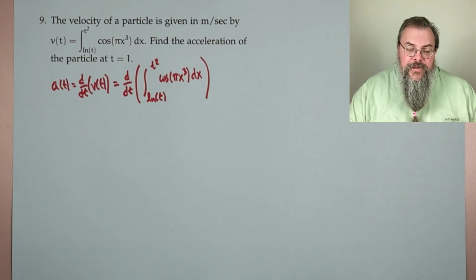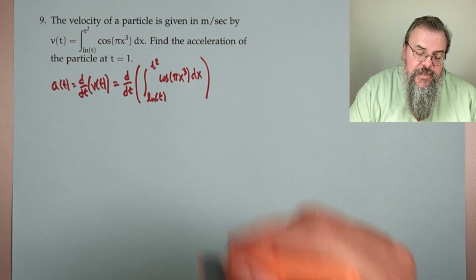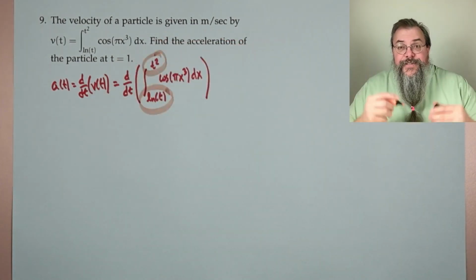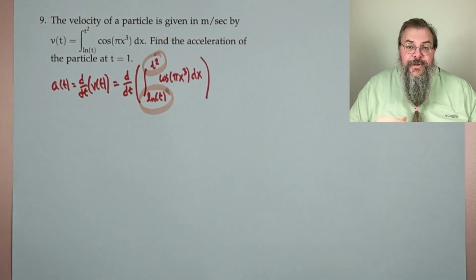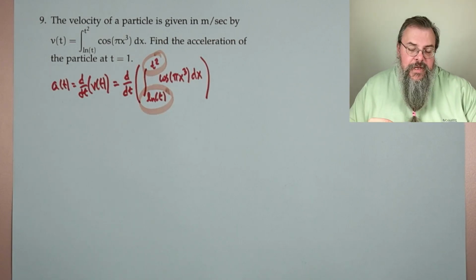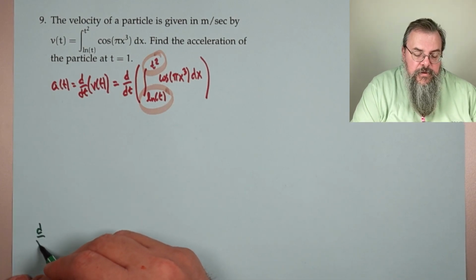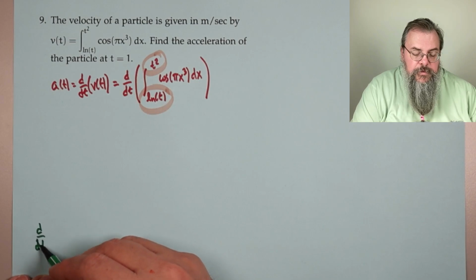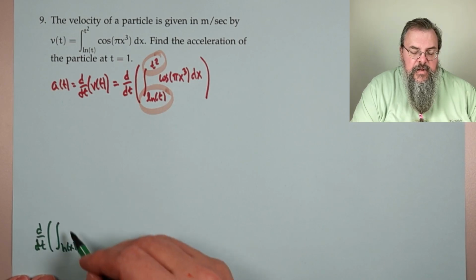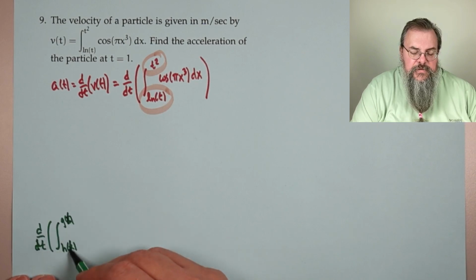Now, there's another thing that's going on that's a little interesting here that I want to make sure we remember, which is to say we have functions both in the upstairs and downstairs part of the integral. So it might behoove us to remember that formula. So I'm going to write that down. So here we go. If we have the derivative, and I'll use this notation, derivative with respect to t of the integral from h of t to g of t,